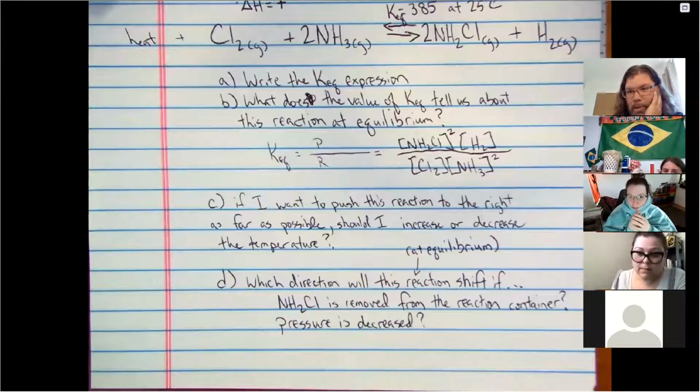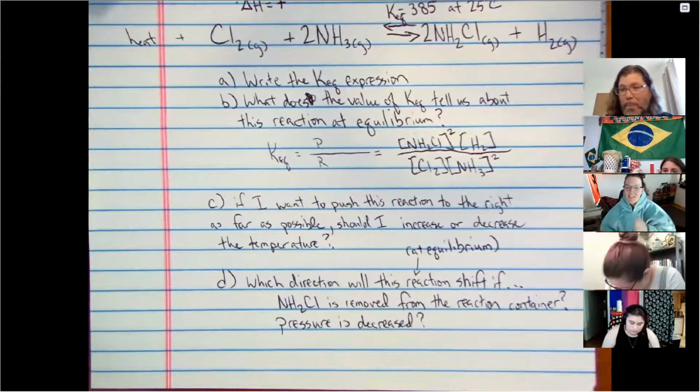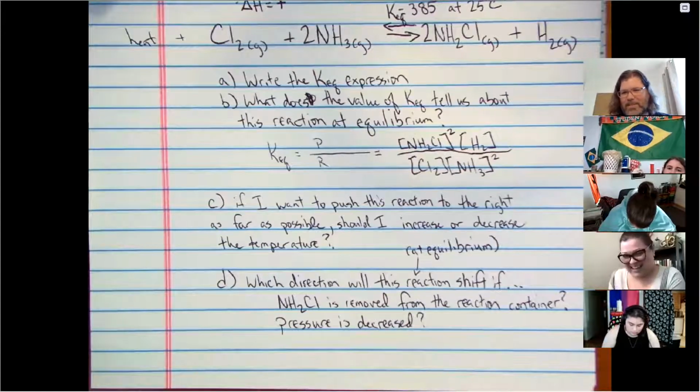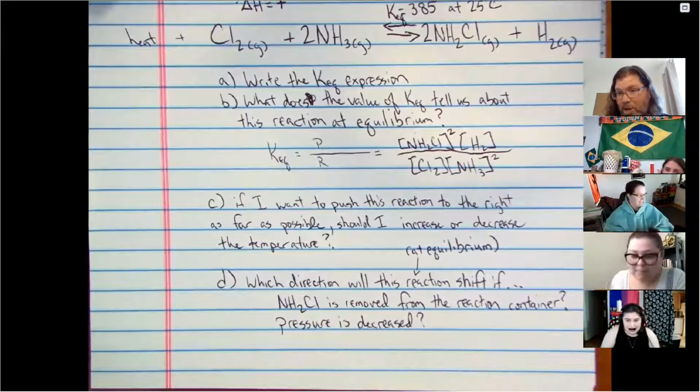But they have an equal number of moles on each side. Yeah, there are 3 moles of gas on the reactant side, and there are 3 moles of gas on the product side, so it won't shift. What, that was a trick. It's not a trick, if you understand the principle. I didn't see the H2 when I was working on that for some reason. It's not a trick, all right? Because if you look at this equation and you know where the pressure comes from, you know that there's nothing this reaction can do to change its pressure, right? It cannot shift to a side with more or less moles of gas. So we're stuck in this case.